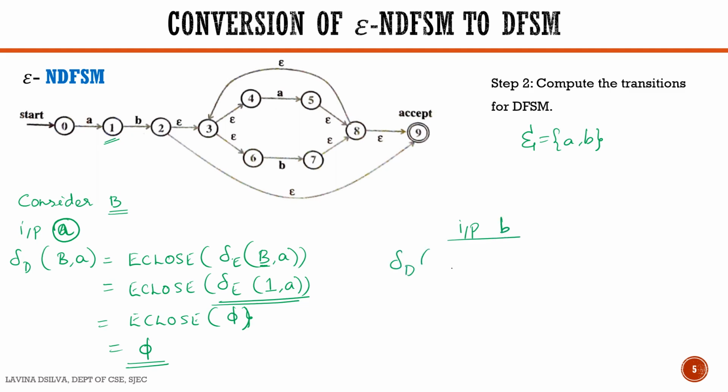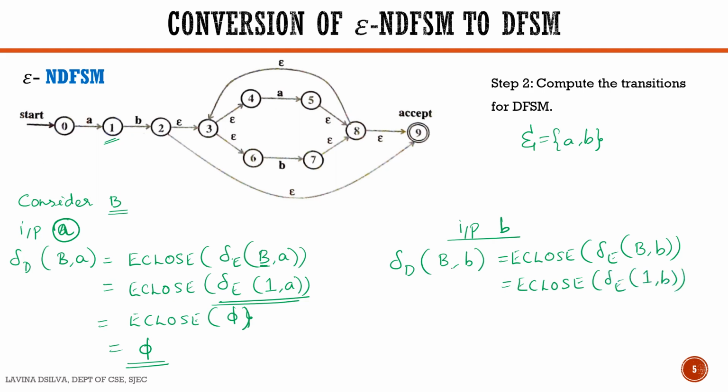Delta D transition of B on input B is equal to E closure of delta E B comma B. Rewriting, we have E closure of delta E state 1 and B. Now check the epsilon NFSMs. Do we have any transition on state 1? Yes. And for what input? It is B. And where does it go? It goes to state 2. Therefore we have E closure of